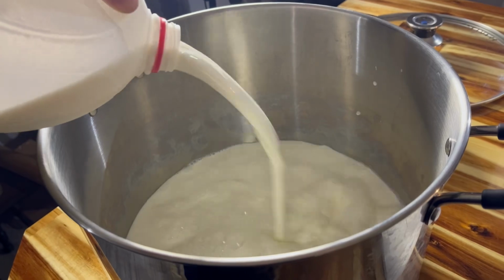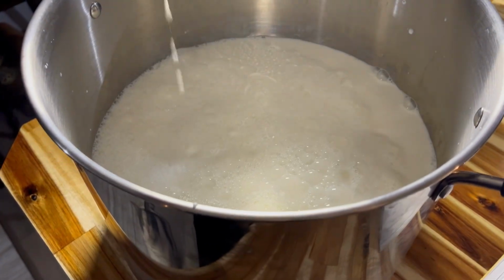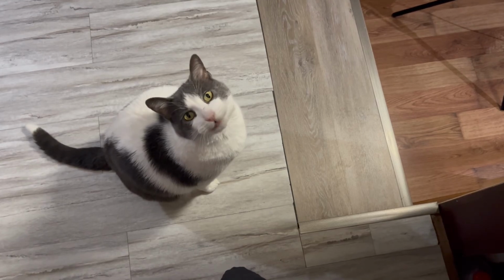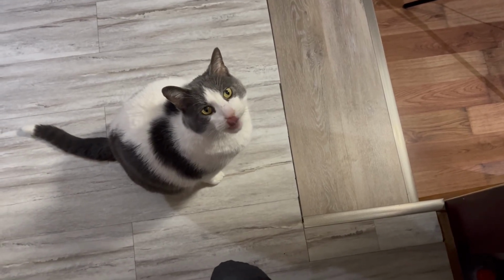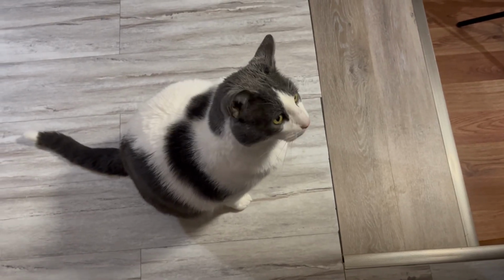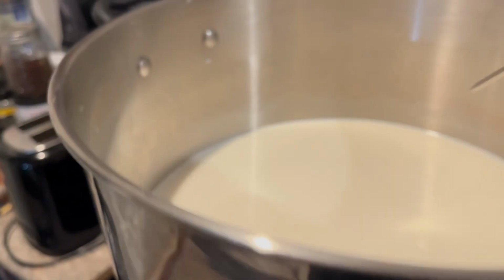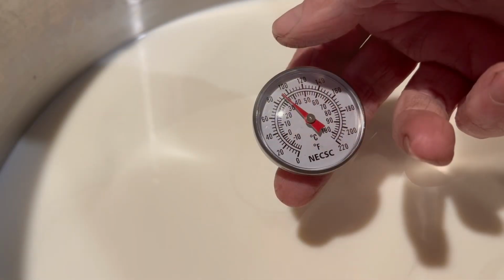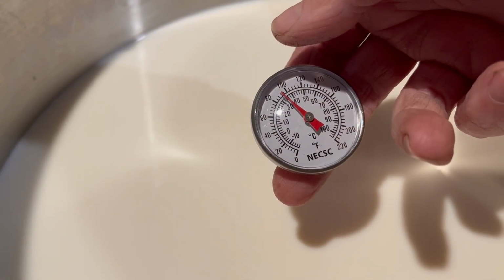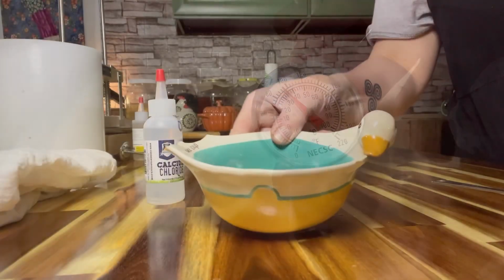And I'm going to get going, and I'm going to add the 2 gallons of milk to my heavy bottom stock pot. Then I will bring the milk up to temperature, which is 90 degrees, and then I will turn it off because I do not want to overcook the milk. So I will maintain that 90 degrees by putting the lid on top. I'm just letting the milk come up to temperature, 90 degrees,